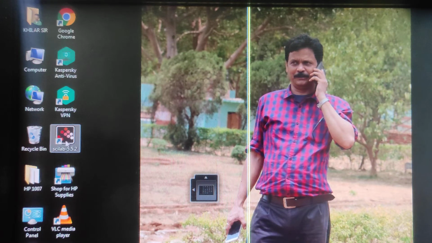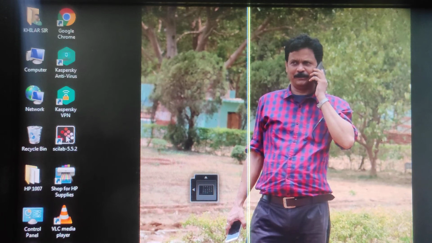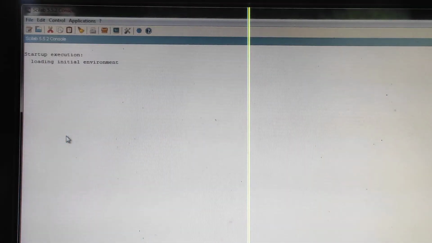Okay, so let us see how to use Scilab 5.5.2. Simply open it and see here, this is your console, and go to the file and SciNotes should be there.